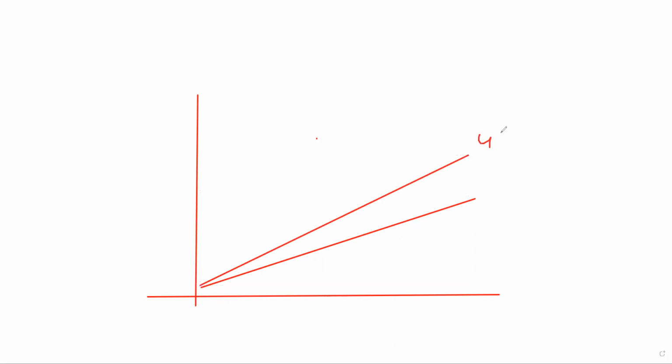If it is 45, it will be somewhere around here, 45 degrees. This will be somewhere around 60 degrees or so. But you can see there is also a very high correlation. If one value is increasing, the other value will also increase. Did you all understand this concept? Yes, sir. All of you? Okay.